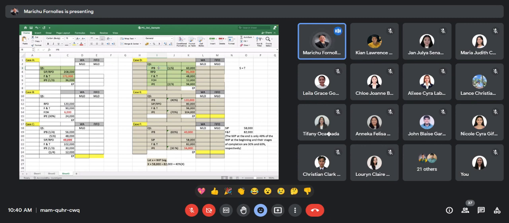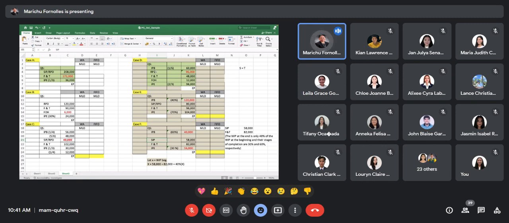Another possible source are the units started just this month in this department, and we call it as SIP, started into process, SIP. So started into process are the units just started this month in this department. Gisugdan pagtrabaho in this department karon lang buwana. As to what happened to this unit started this month, either part siya sa finished units or part siya sa unfinished units or the work in process end.